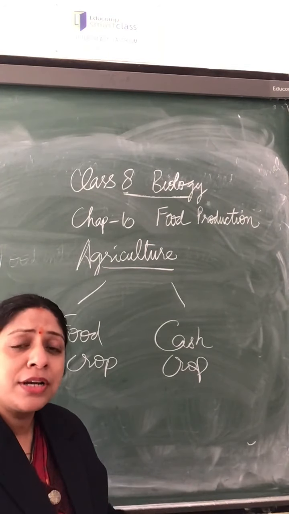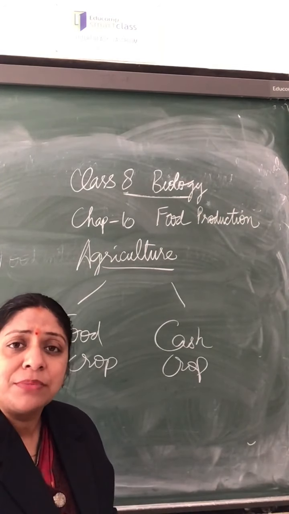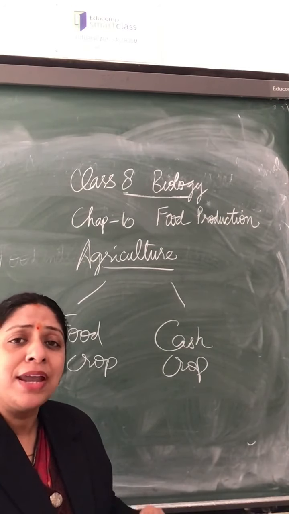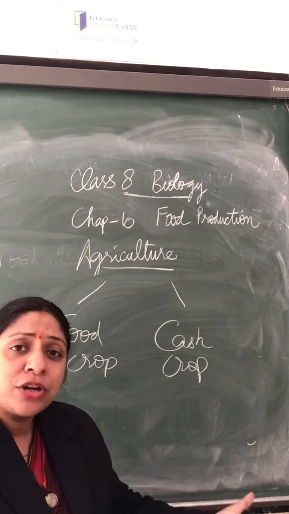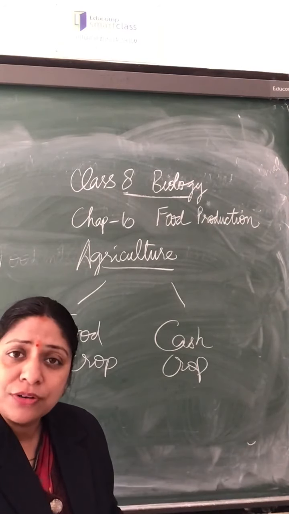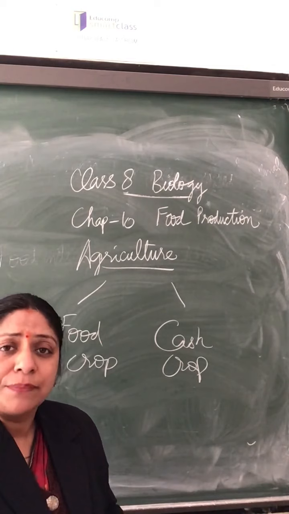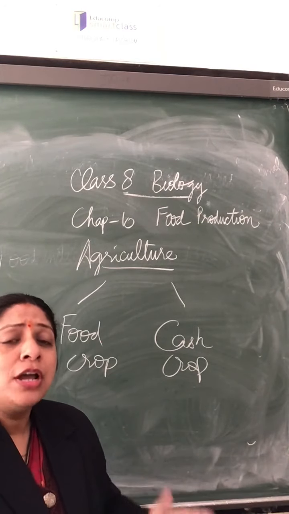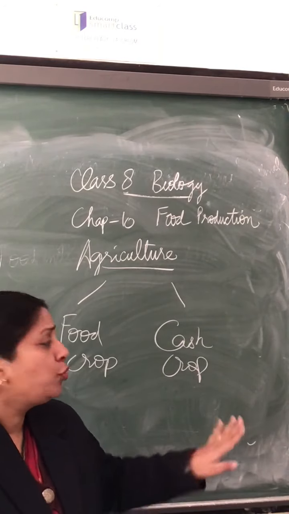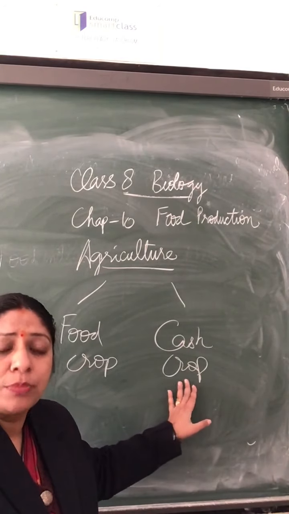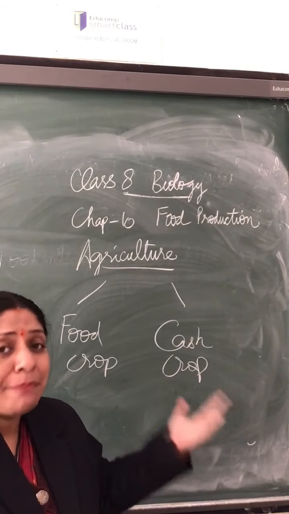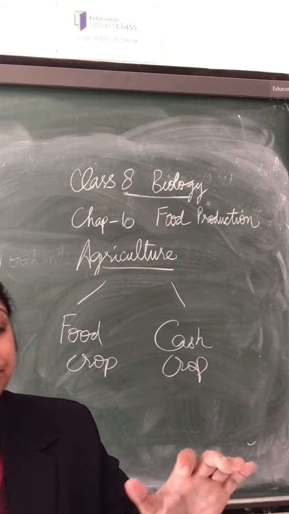No. This sugarcane is all harvested by the farmer, collected and then sent to the sugar mills where the sugar is made. This sugar is packed up from there and comes into the market, and we purchase that sugar from the shops and we use it. This is the way, and therefore such crops which cannot be directly utilized by the farmer are considered as cash crops. Cotton is also a cash crop, and even the sugarcane plus many others are also there.